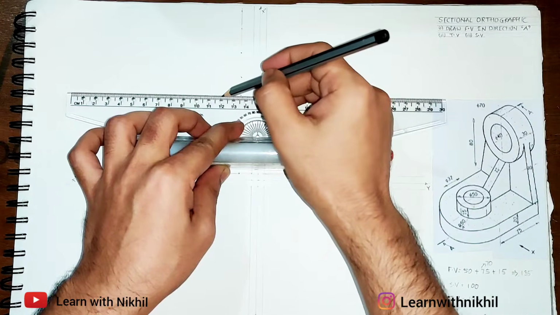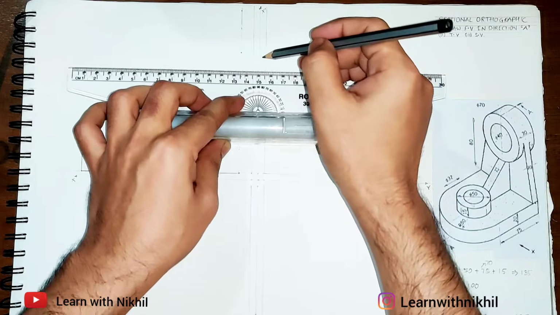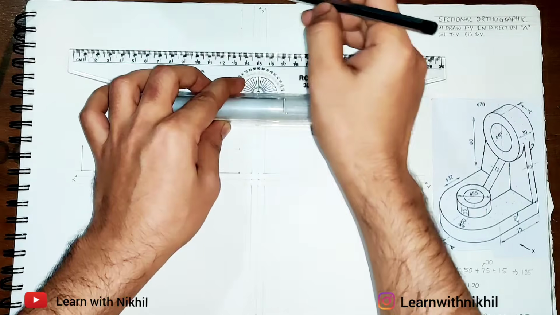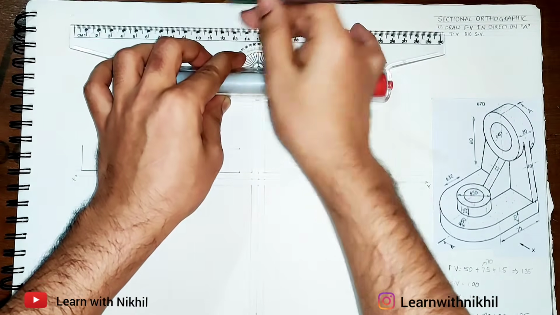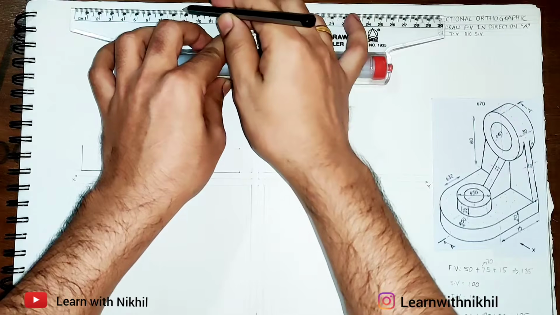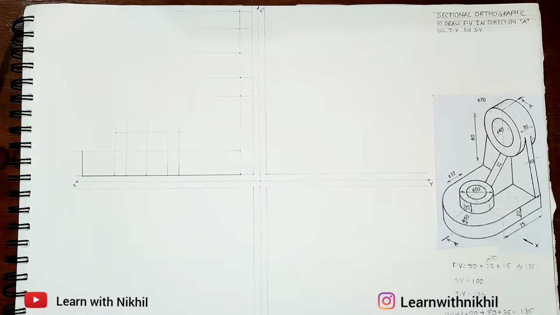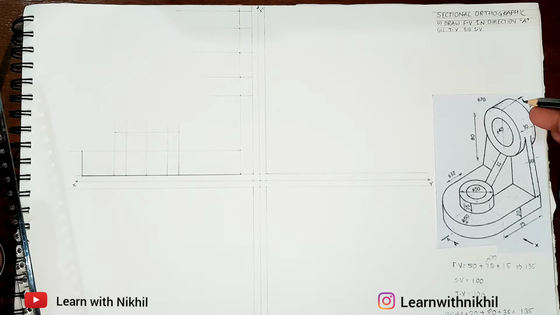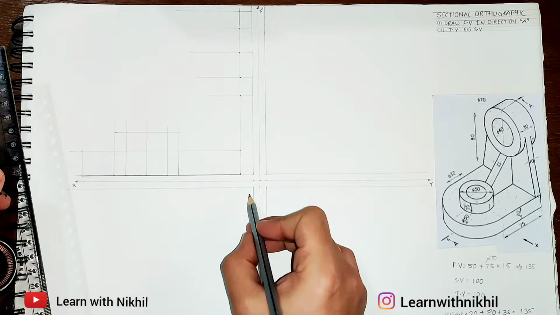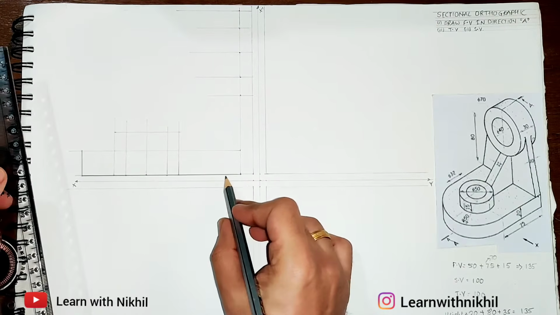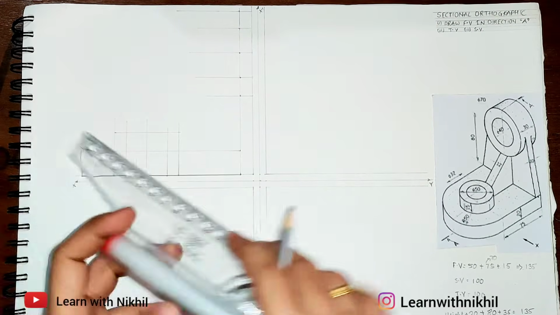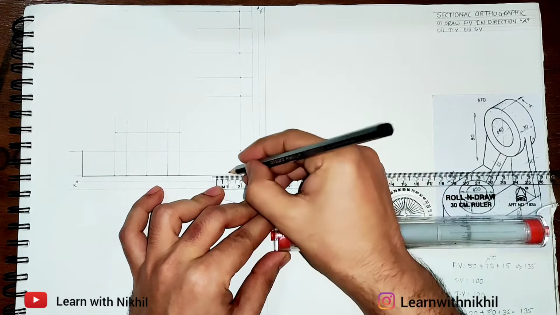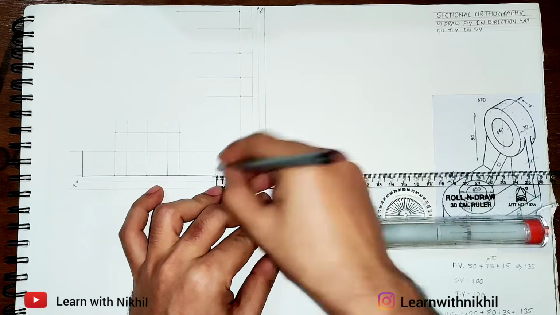As you have noticed, while drawing the parallel line, I am drawing it from the baseline, the vertical baseline, and the thickness of the circle is 30, and we have already seen that. After drawing the parallel lines, now you know this slant line thickness is 10. So calculating that, we get that this is 10, then the slant line thickness is 10, then the remaining part of the circle will be 10. So the total becomes 30. So 10 and 10. I'll just mark the points and keep it.